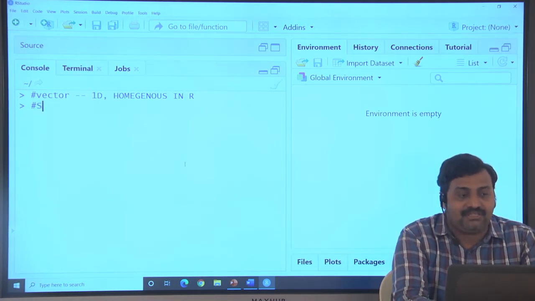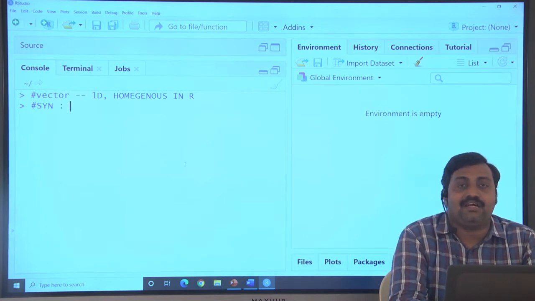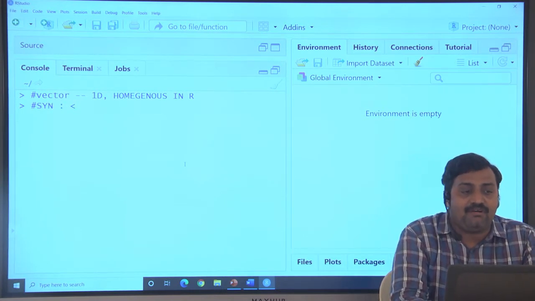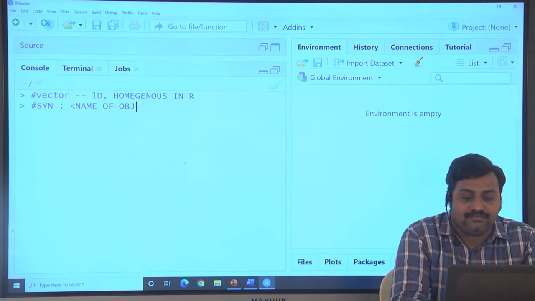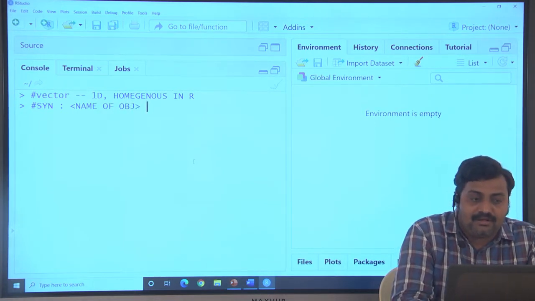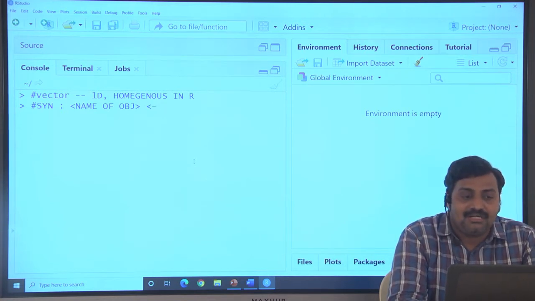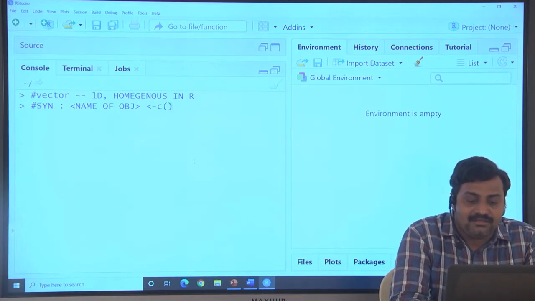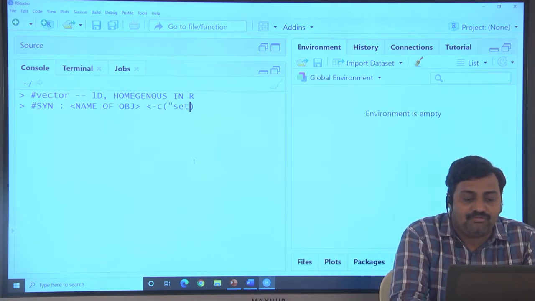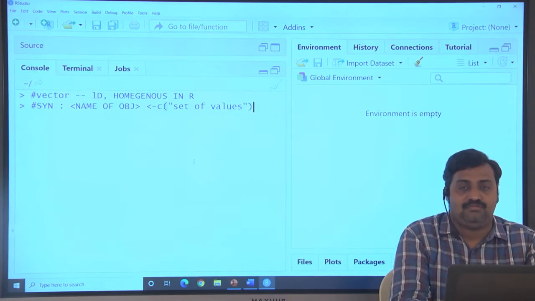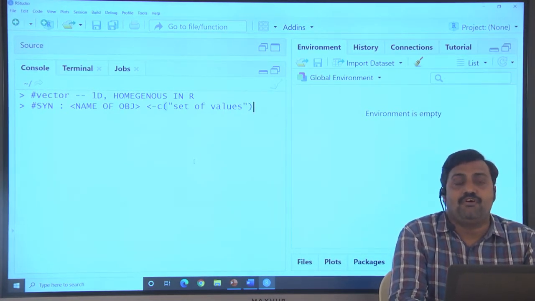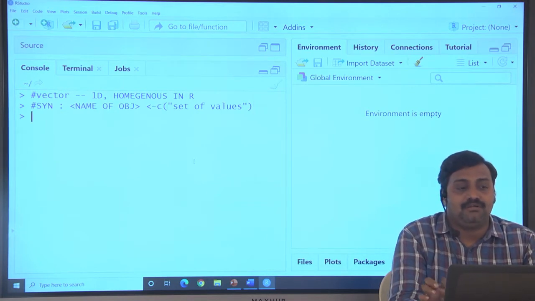The syntax for the vector is the name of the object, a leftward arrow, equal to c, small letter c, and the set of values which you want to store in the vector.